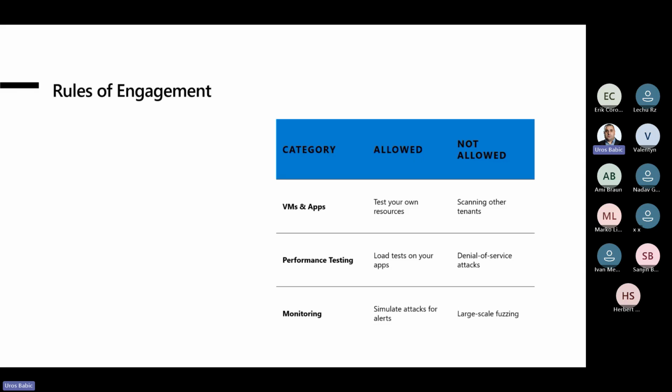We have to be sure we can test our own resources; scanning other tenants is definitely not allowed. Denial of service attacks: from the point of view of performance testing, we can do load testing on our application, but denial of service attacks are not recommended. From the point of view of monitoring, we can simulate attacks for alerts, but not allowed is some action like large-scale fuzzing, and definitely